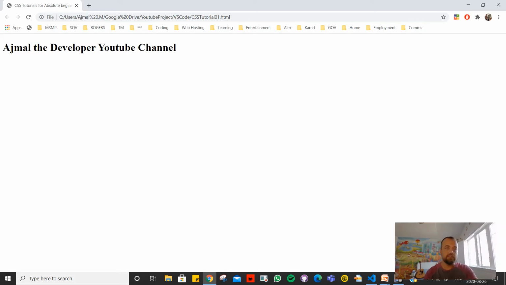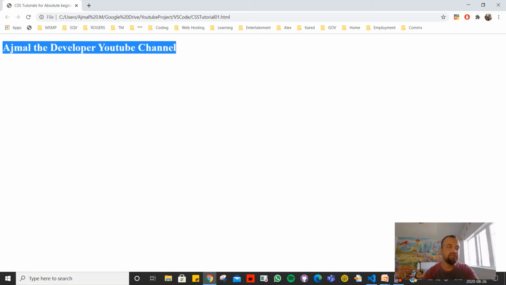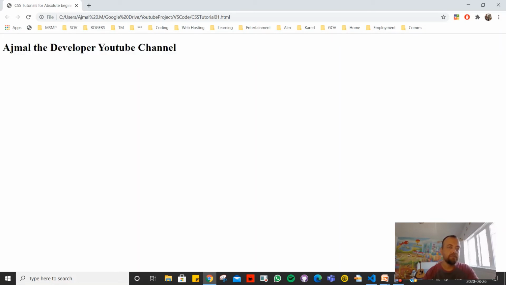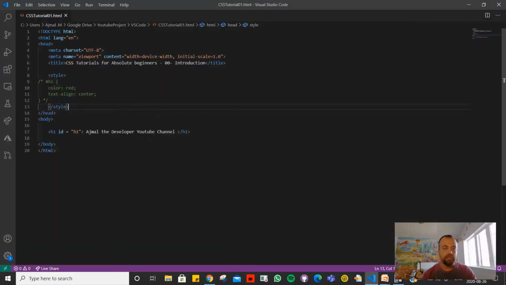So as you can see, the line of code is pretty basic, simple. It's attached to the top left by default, and the color is also default. It's black, bold color. And if you go back to our styling page and get rid of the comment,